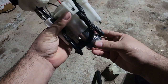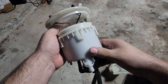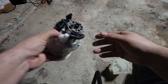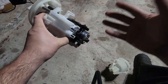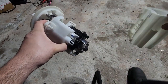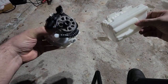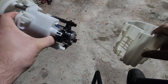So this is, to me at least, the best method of doing this Walbro 450. And like I said, I haven't seen anyone write any write-ups or anything, and a lot of it is because there's no good way of putting this pump in there. It's just too big of a pump. Like I said, you can make it work, and those were the two options that I at least came up with. If you have another way of making this fit better, I would definitely be interested in hearing how you made it fit. But those were my two options, one being run this spacer,